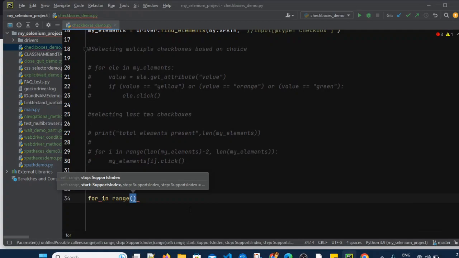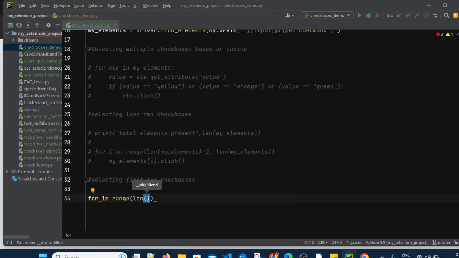So the first two elements. I don't write a starting index, so by default it will be considered as 0, and then I will put length of my elements. No minus, I think you can simply put length of my elements, that is the end index.